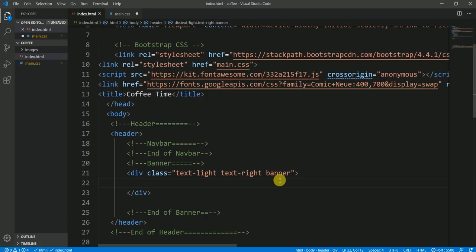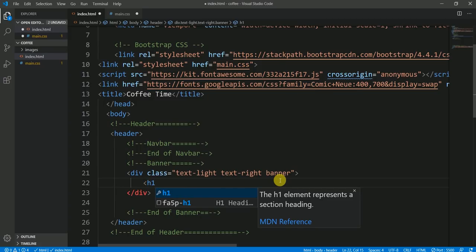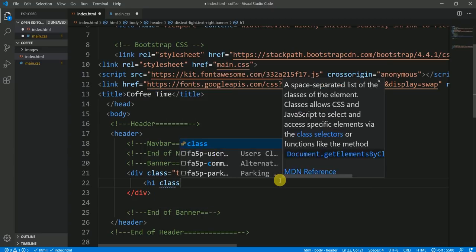This is the banner class. Okay, so first of all, let me write this banner class. So within this banner class, I would like to go with the heading 1, and I'm going to have a